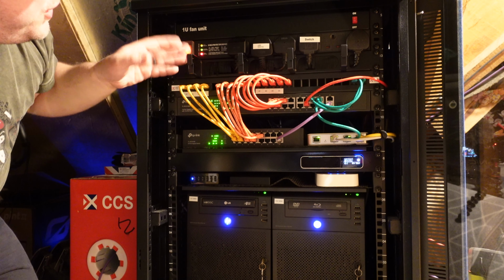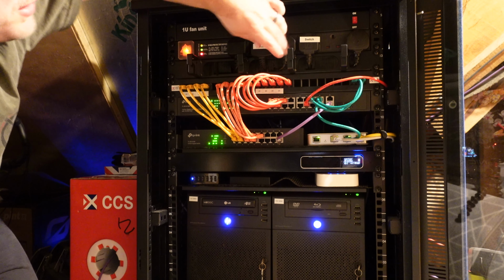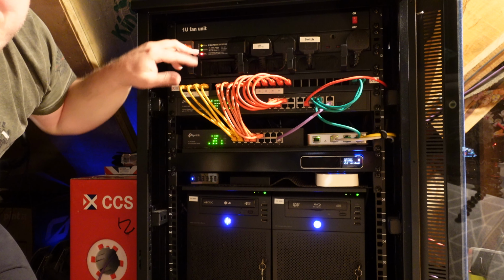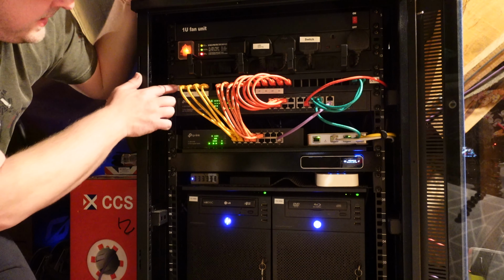Then the third U, we have that basically brushless plate. I do have the plugs going out of there, but again, they could have come from another way. That is a little bit of a waste. Probably wouldn't get one of those again unless I really needed. Then I have this